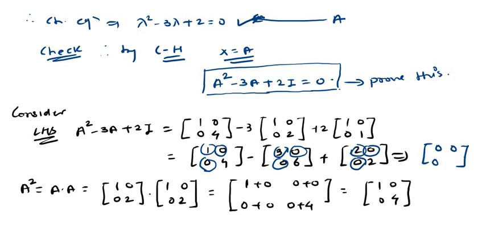Okay, then again this is 4 minus 6 is minus 2, and this plus 2 will be equal to 0. So this is equal to what? 0 matrix, and that is what? The RHS of our statement. This is our statement. Okay, and hence